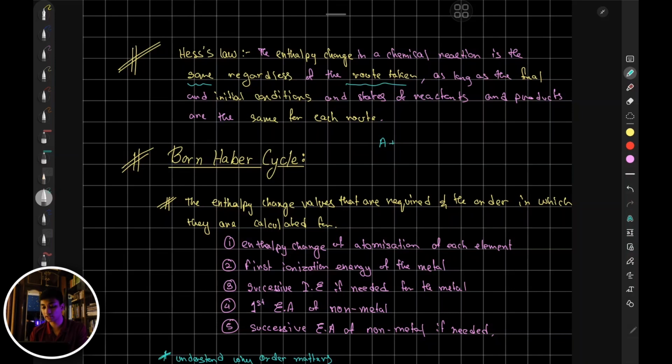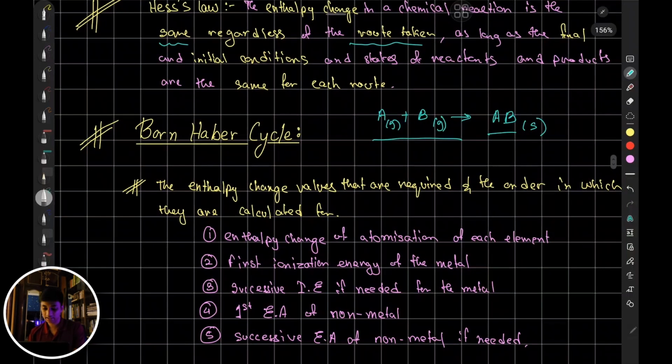If in both cases you're starting off with A plus B to form AB, it will have the same enthalpy change. Moreover, you should also make sure that both of these have the same state. Meaning, if you're starting off with A as gas, B as gas, and you end up with AB solid, in either case